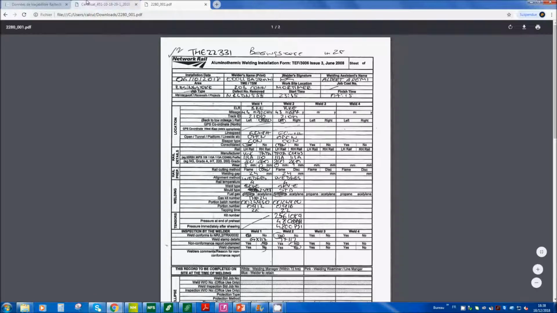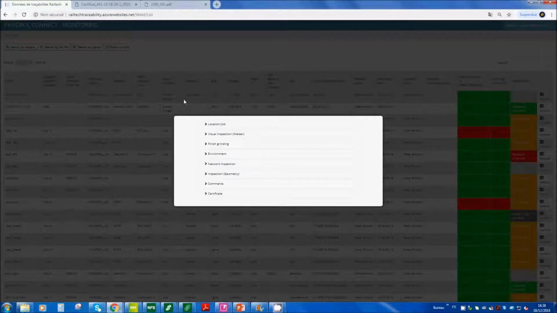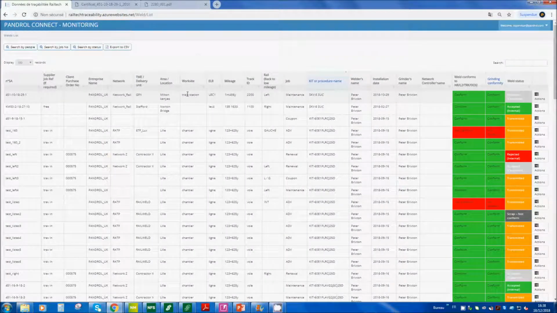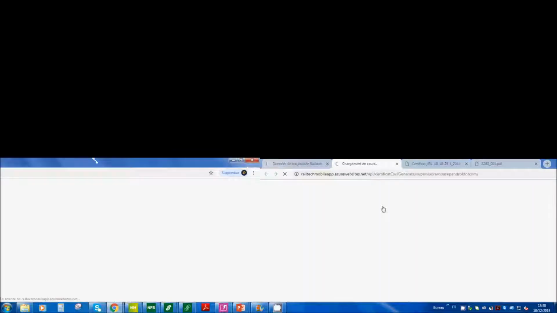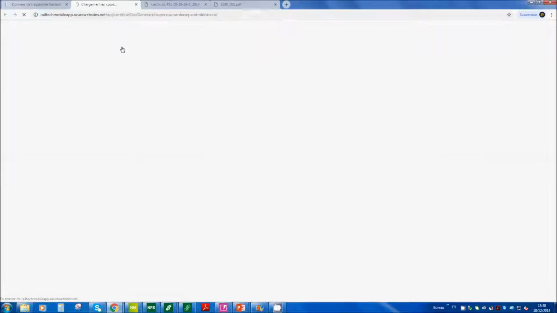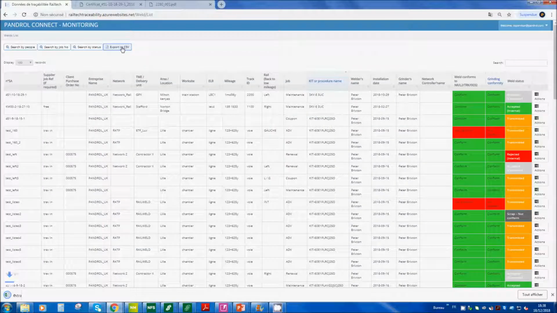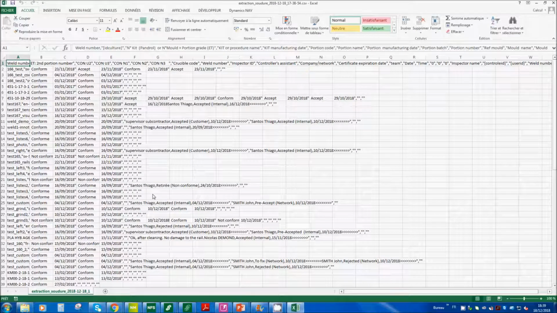How does that work? That's easy. You just need to use the exportation functionality and then manage the data on Microsoft Excel. So to export the data, just click on Export CSV on the web app. It can take a few seconds depending on how many wells you have in your database. And then you get your file. Of course, this is one CSV file, which means if you just open it like that, you cannot do much with that.